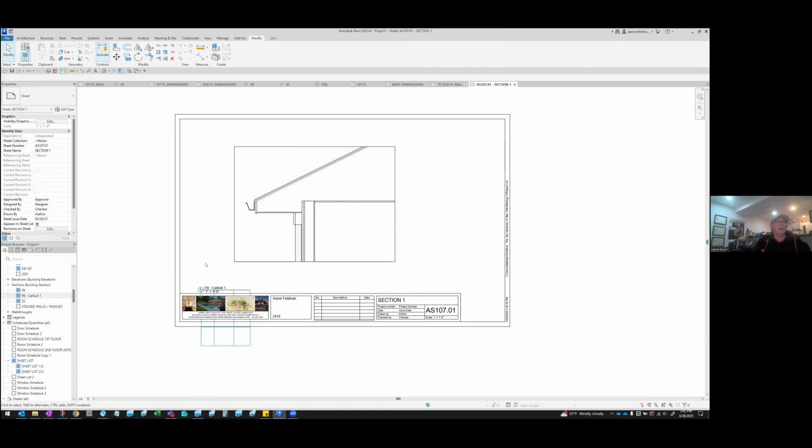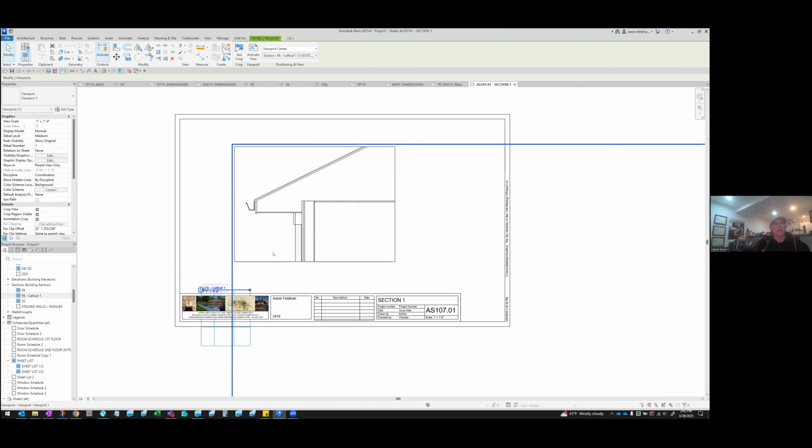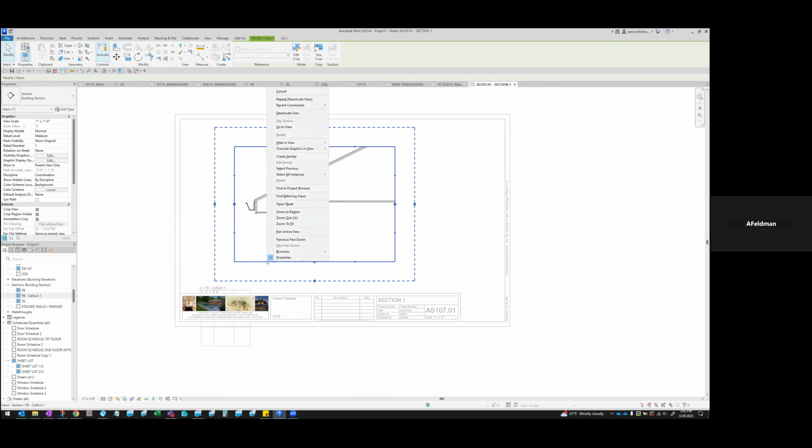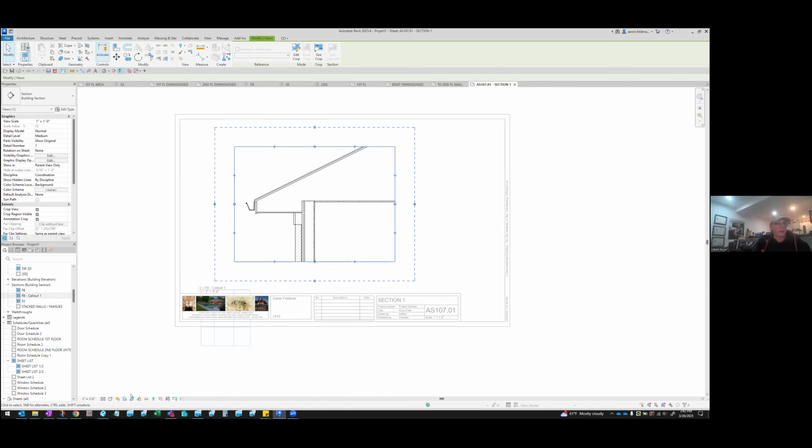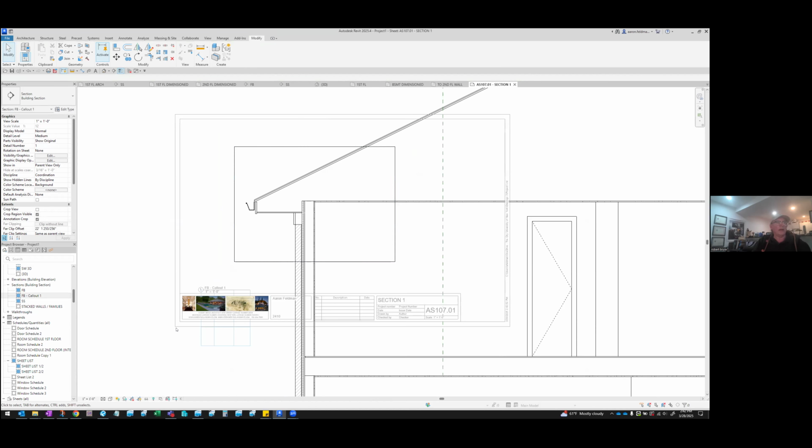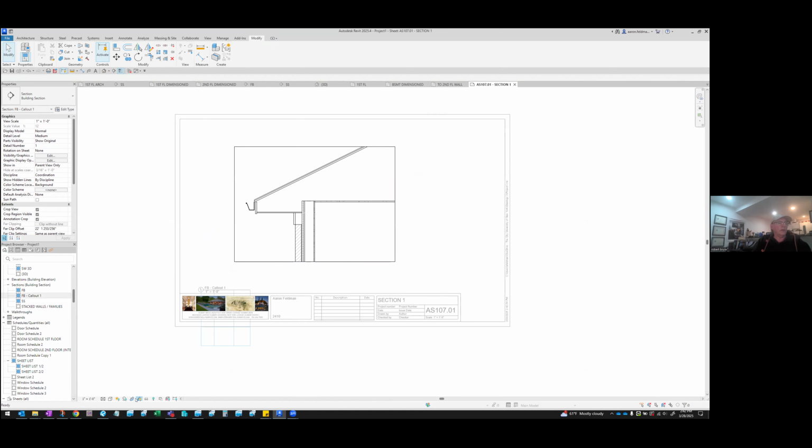And we also don't need to see that. You can activate it and turn off the crop region. That would be the little button down at the bottom. Yeah, do not show the crop region. That's all we want. Now, in real life, you'd label all of these components, but in this class, I just want to